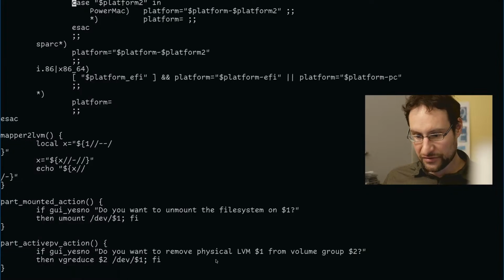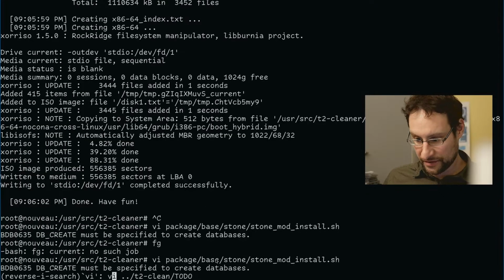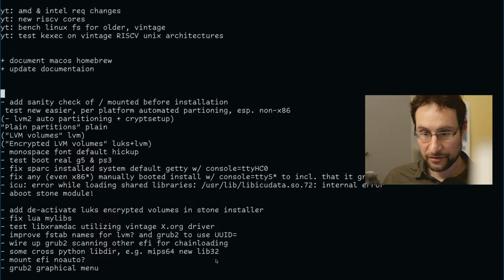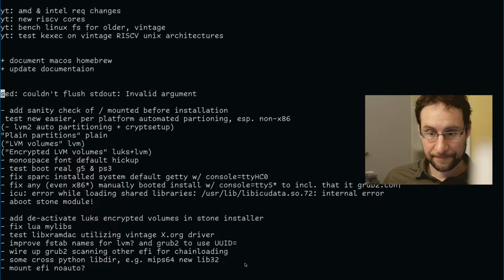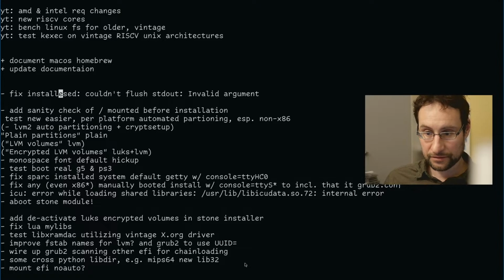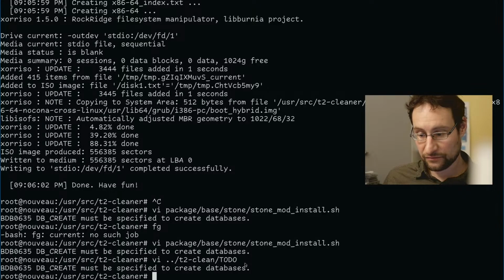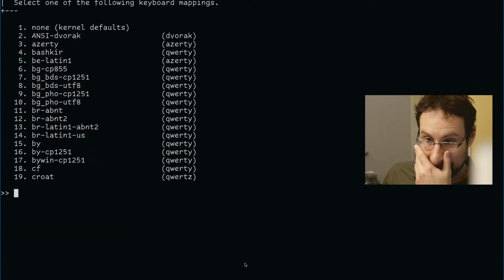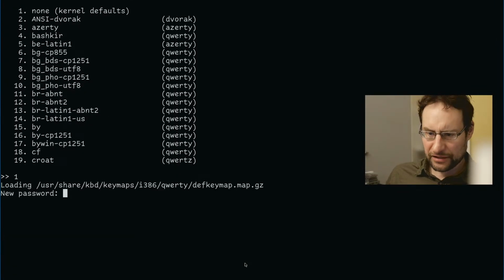Let's add this to the to-do. It's not the first time I see that. Theoretically, this needs to be taken care of as well. I just need to figure out what exactly fix install. Because there's always one more thing. So enter to continue. So normally it looks a little bit more amazing, right? I intentionally